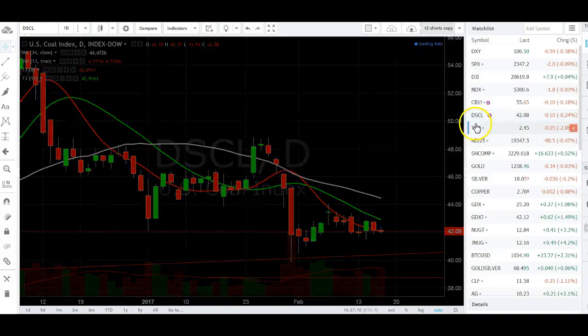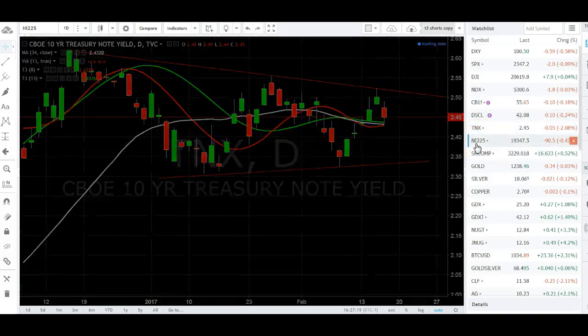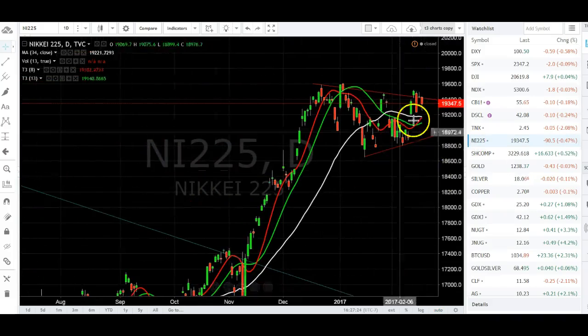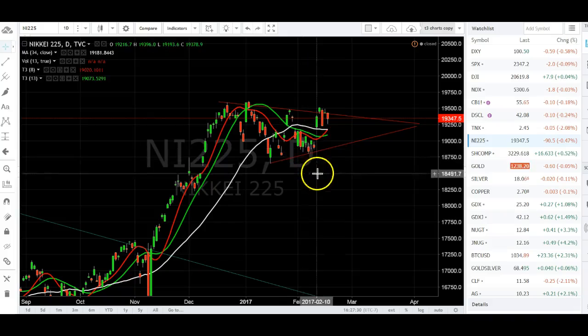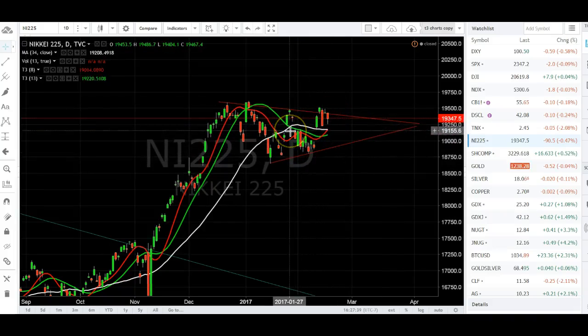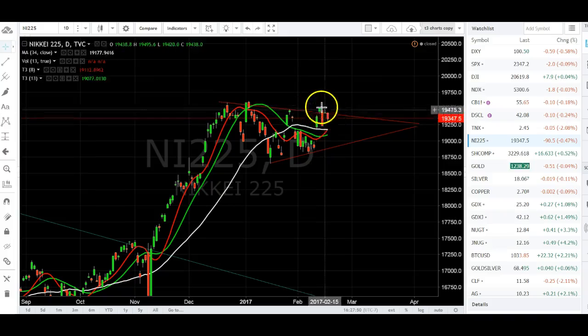Let's go back to TNX on the daily. Sure, yeah, we got rejected there. On the daily, it's at its support on TNX, so just be sure of that. And still hanging above support. Nice consolidation above the 34. You can see the 8 crossing now as price is lifting it over the 34. It looks pretty top heavy, but nonetheless, we got a